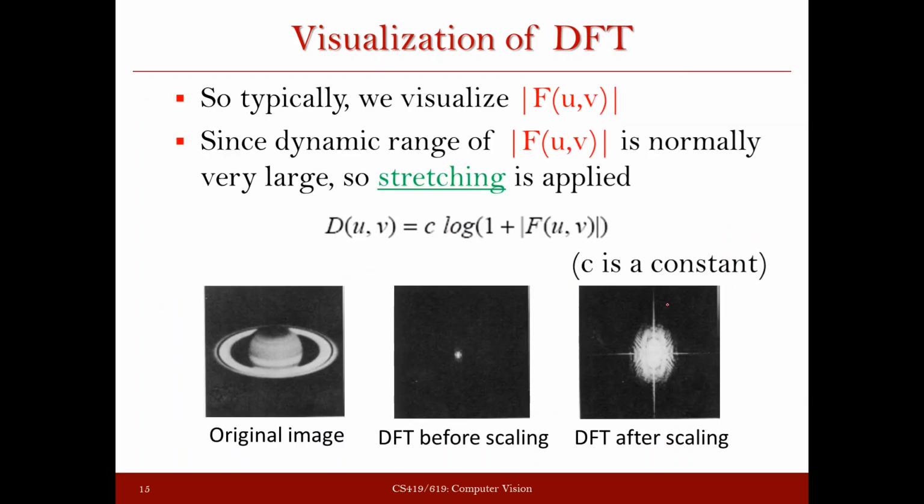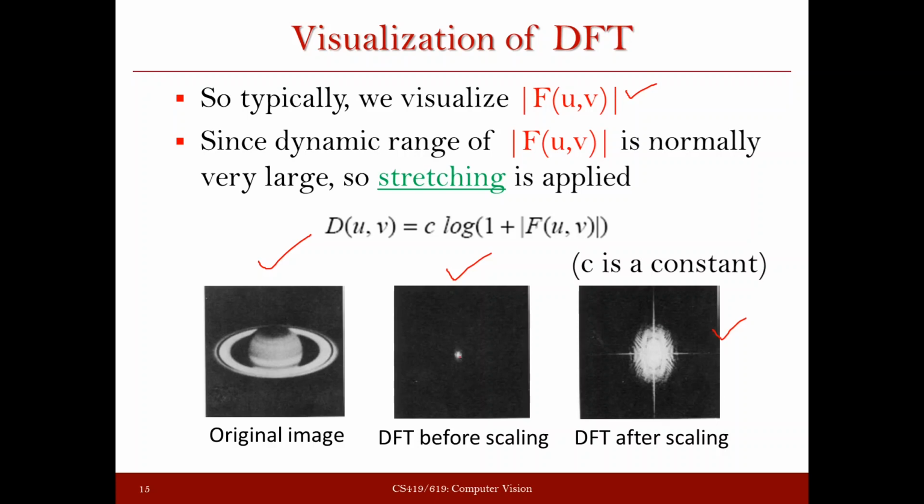Normally, to visualize the transform, we only take the modulus, or the magnitude, of the Fourier spectrum and plot it. As we discussed in the last class, these values are very small, so to enlarge them we take their log so that they become stretched. You can see that from this example. This was the original image, and the Fourier transform of this image was this one, which is concentrated in a very small area. When you take the log of it, it becomes stretched, and you can analyze it more accurately.